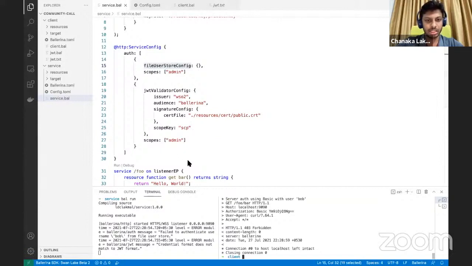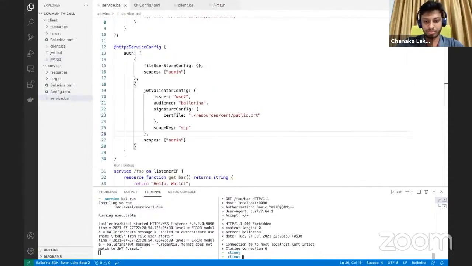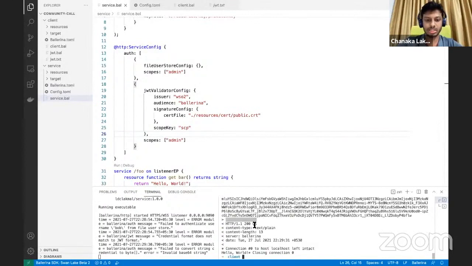And as you can see, since we have configured the service with both basic auth and JWT auth, let's try one more time with the JWT, which I already have. Okay, you can see the successful response here.